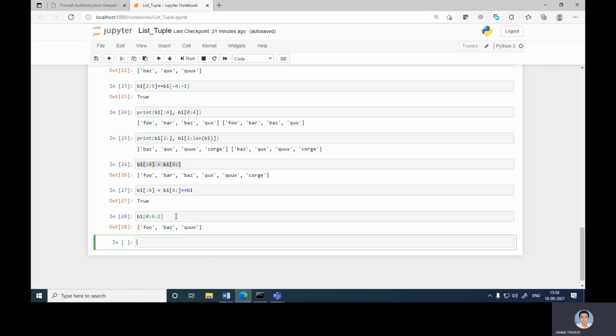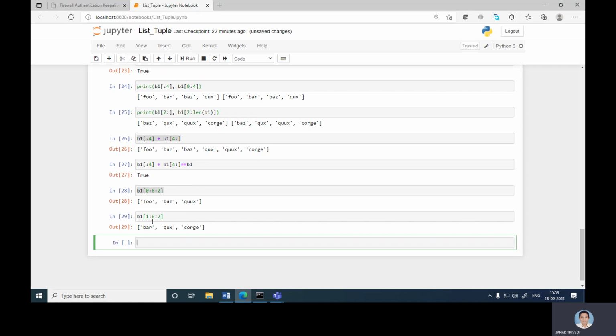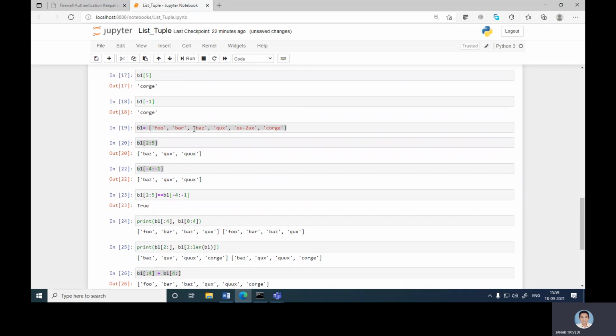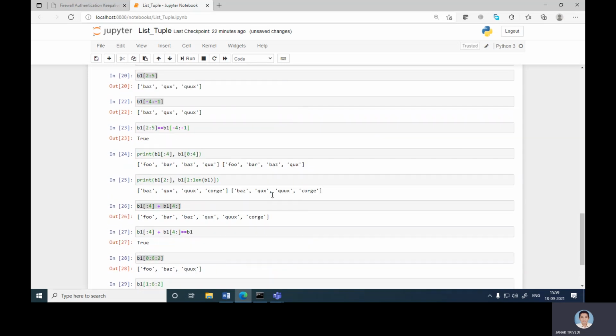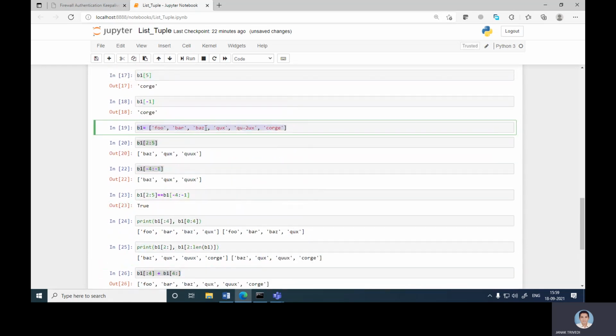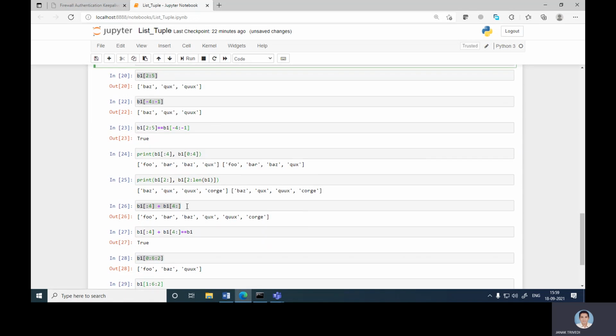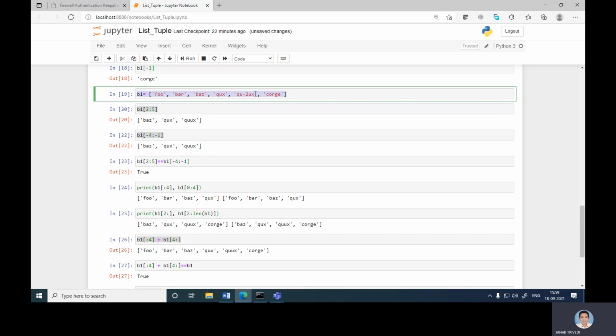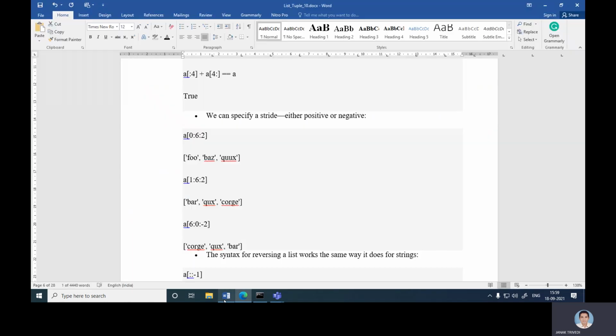In this case we start from 1, so it starts from bar, then the next is the sixth position, quacks, and then we count 1, 2, 3, 4, 5. So first bar, then quacks. Bars is not there because of this slicing, then quacks is there, then double quacks, then chords is there. This is the specific stride.